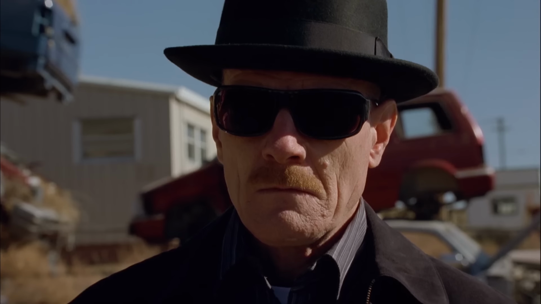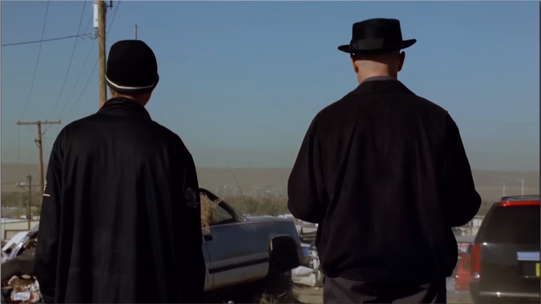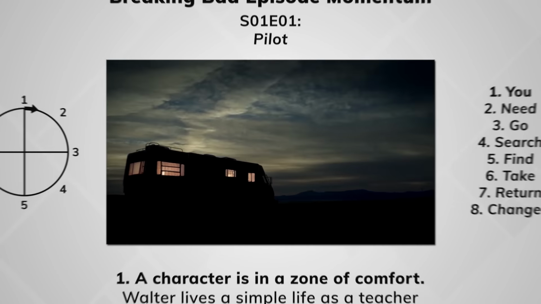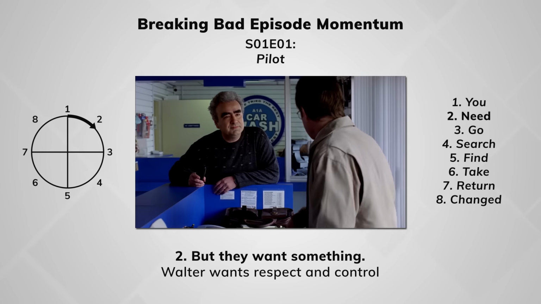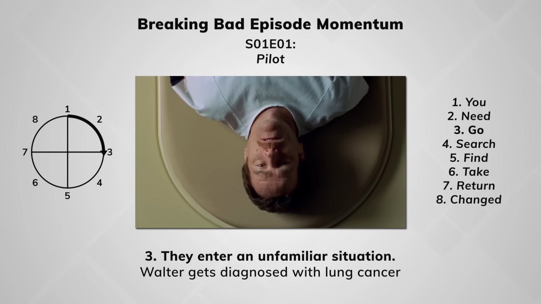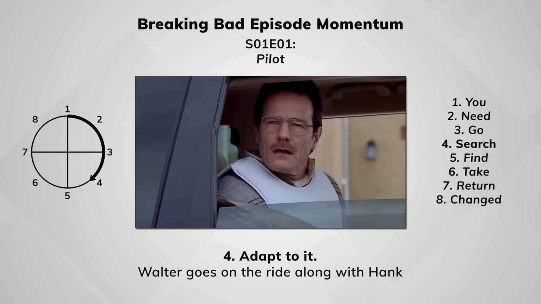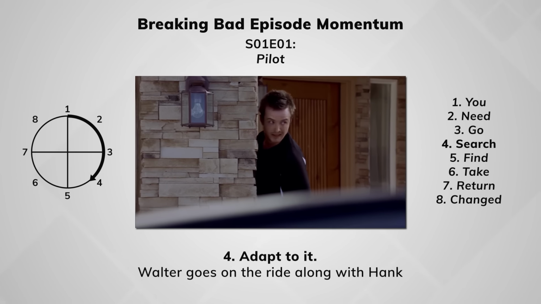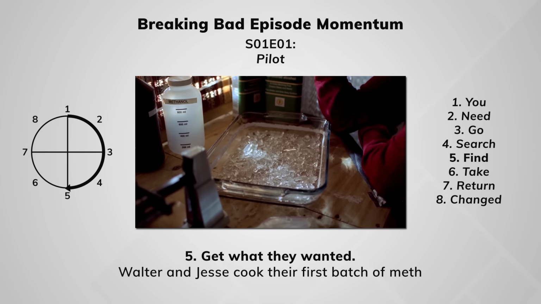So the entire season moves together as one full story circle. But the episodes have their own story circles that create the momentum within the show. In the pilot episode, Walter wants respect and control. He enters an unfamiliar situation when he finds out he has lung cancer. He adapts to this by deciding to go on the ride along with Hank and sees Jesse, his former student, fleeing the scene. Walter gets what he wants when he and Jesse cook their first batch of meth, but this